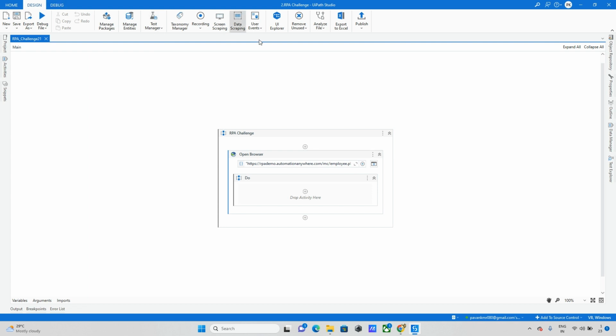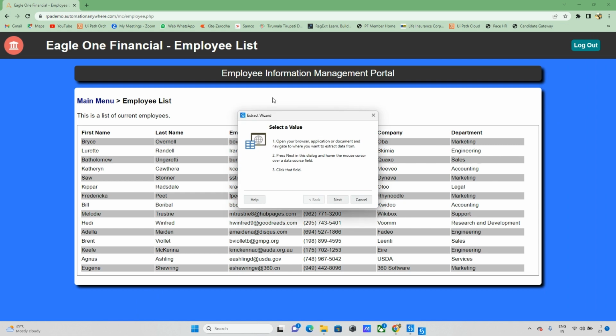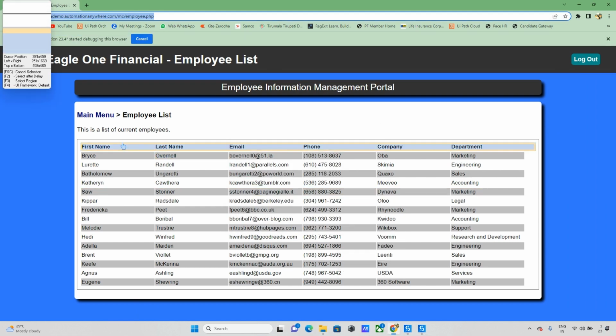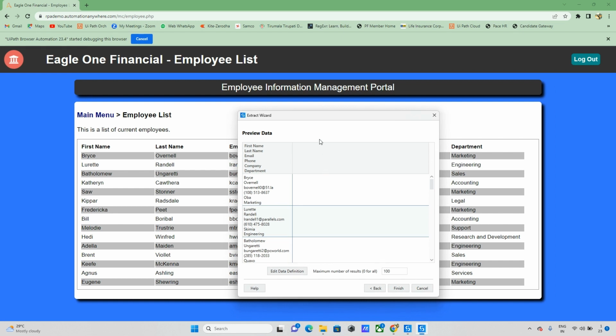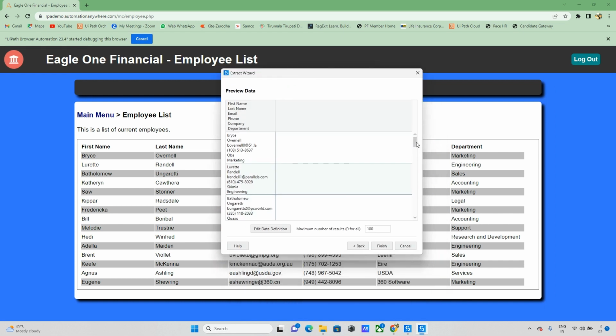Now I will go to the data scraping part and try to extract this data. Okay, let me try to do this. It's saying you selected the data table, please extract it. Then I will click yes. What I observe now is that I got this data in multiple cells, in different ways. In one cell we have all this data, so it's a bit tricky to export. Let me click on finish,